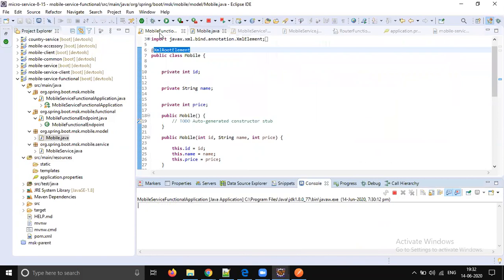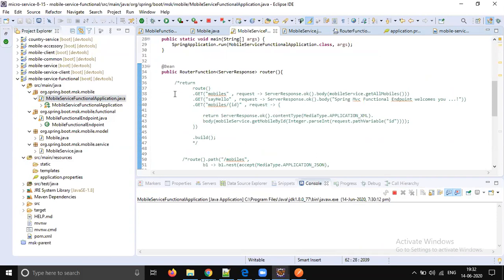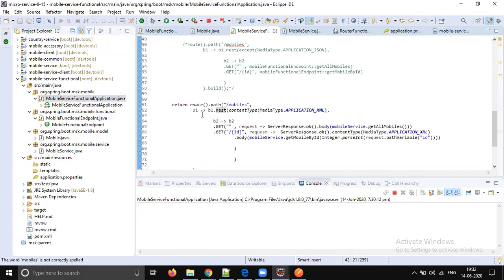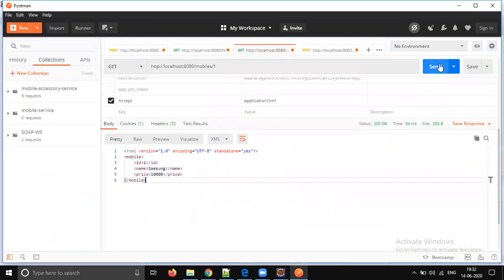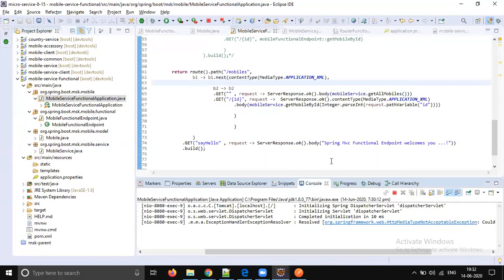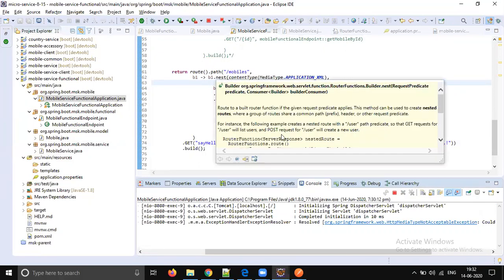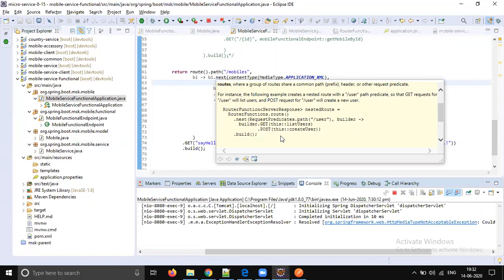It's with the plain router function, it is working. Direct router function, it is working. Okay. Nested, it is throwing some exception. If I see nested alone, we are getting this exception. Nested, there is some problem. I think nested router, it may not be working directly. For nested, how to do, we need to check.